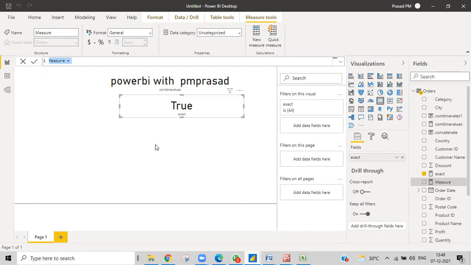Okay. I do have two calculations, one is total sales and the other is profit. The condition is: whenever the name is Prasad, then only show the total sales, or else show the profit. If that is the logic, then we'll write IF, the exact name, and then Prasad. Then you'll give those measures, and we will get the output.